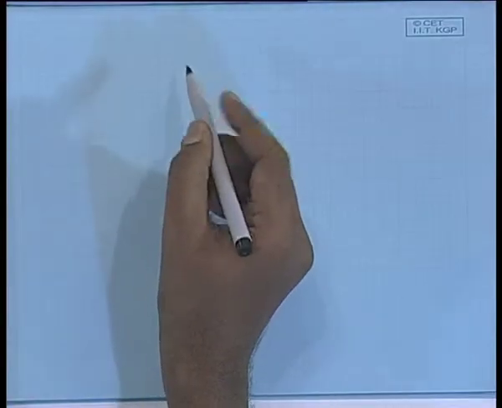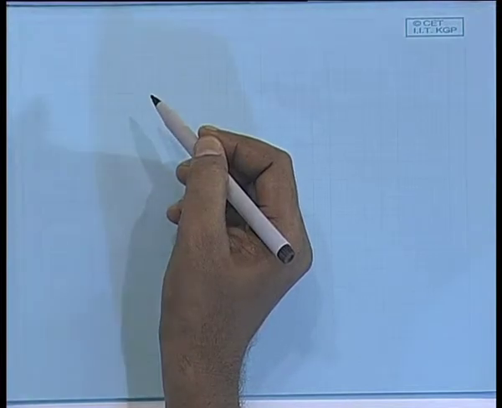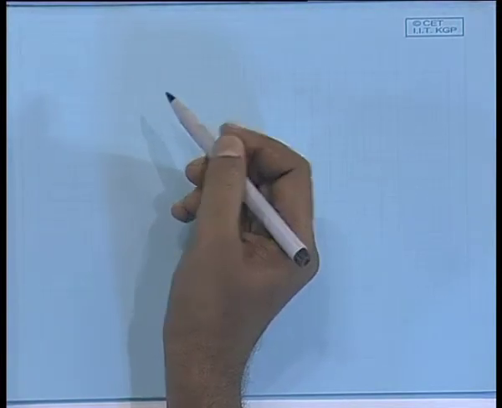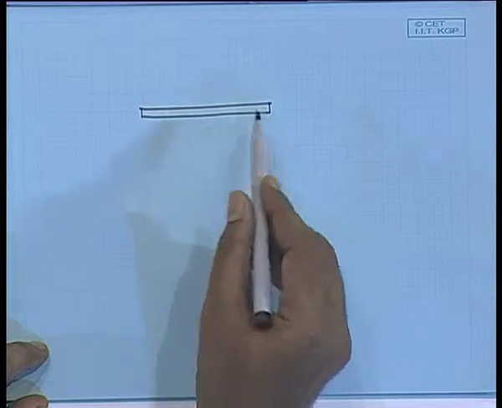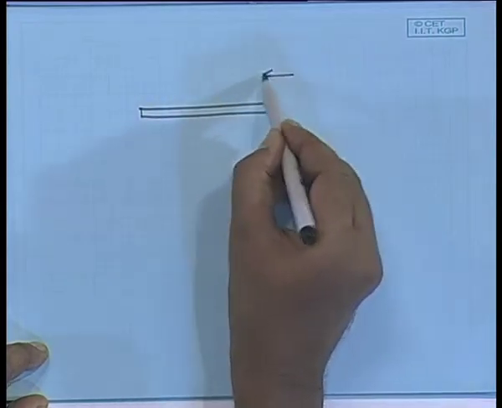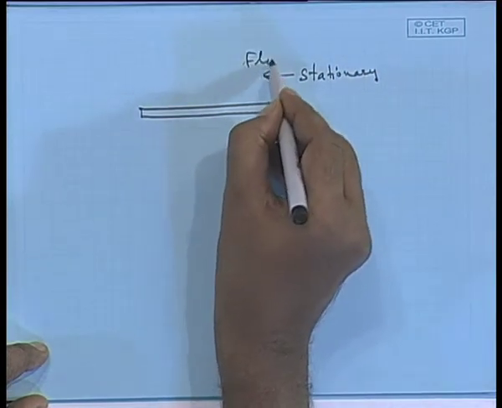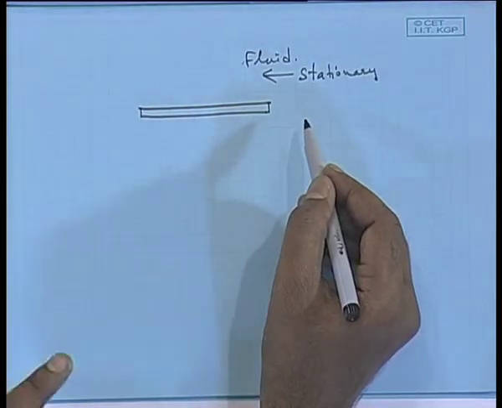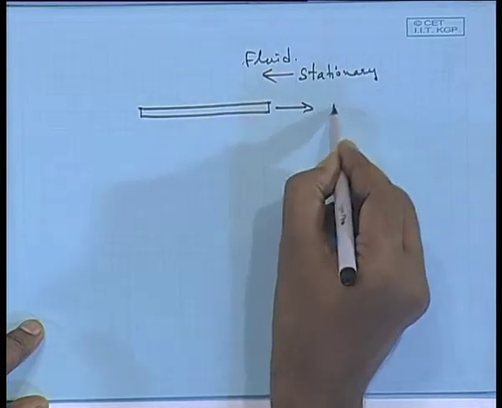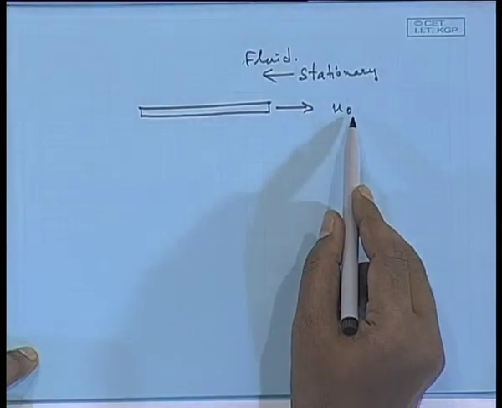Now, suppose under certain conditions you will be getting one of the boundary conditions at infinity, right. That is quite possible. I will give you an example. Suppose there is a plate here and a stagnant fluid is there initially at t equal to 0; it was stationary. There is a fluid, let us say water, which is stationary, and there is a plate here. Now, at time t equal to 0 plus delta, this plate starts moving along the positive x axis with a constant uniform velocity u 0.